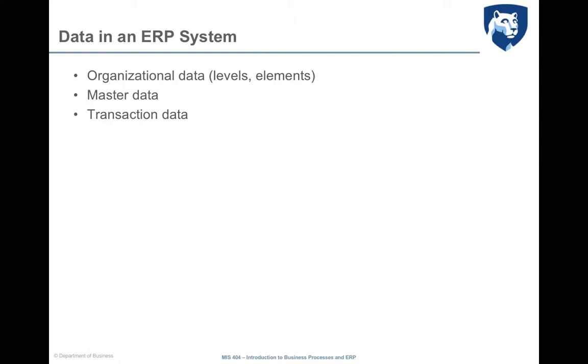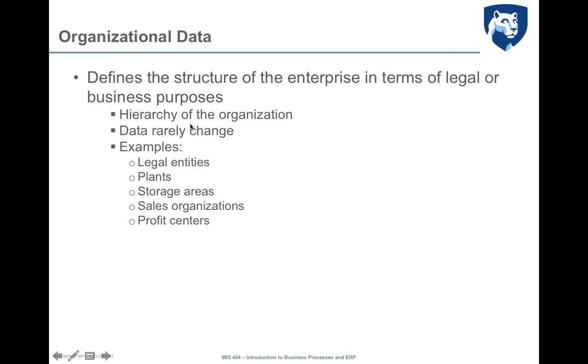In particular, in an ERP system, three different types of data exist. On one side, we have organizational data, that are related to the structure of the enterprise. On the other side, we have master data, which instead relate to the different elements characterizing the business processes, and transaction data related instead to the different steps that are executed within the different processes. Let's analyze a bit the